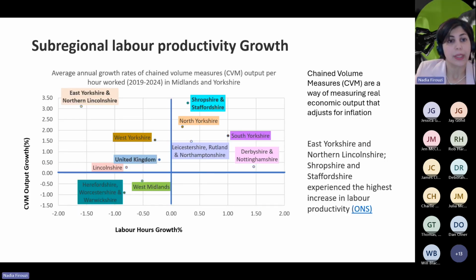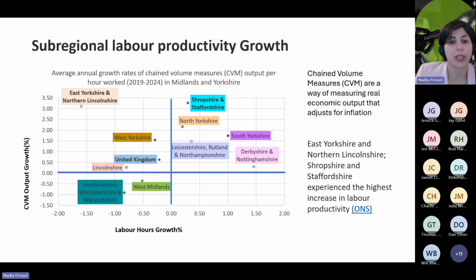For this kind of graph, I think we need to get into more detail, because this is showing the sub-regional labor productivity growth rate in the Midlands and Yorkshire from 2019 to 2024. So this is about 5 years, the last 5 years. We wanted to see what the change in labor productivity is at the sub-regional level, and with the data that we have from ONS, we found that